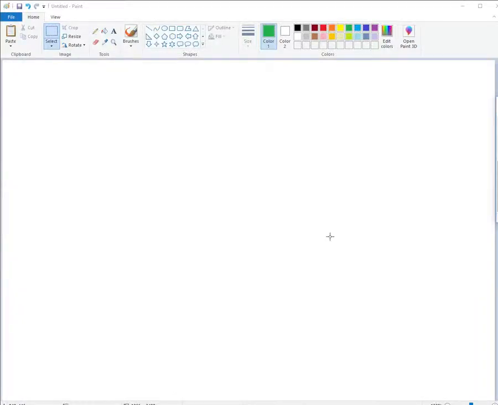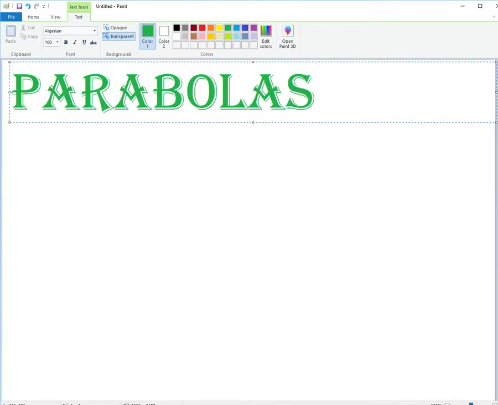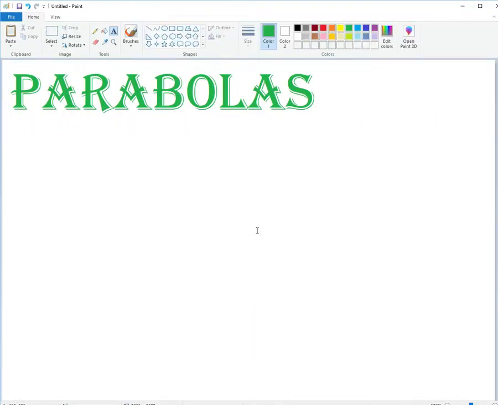Welcome to another lesson on parabolas. So if I come here and I type in parabolas. Okay, so last class we started looking at some of the properties of parabolas, including the focal point location,